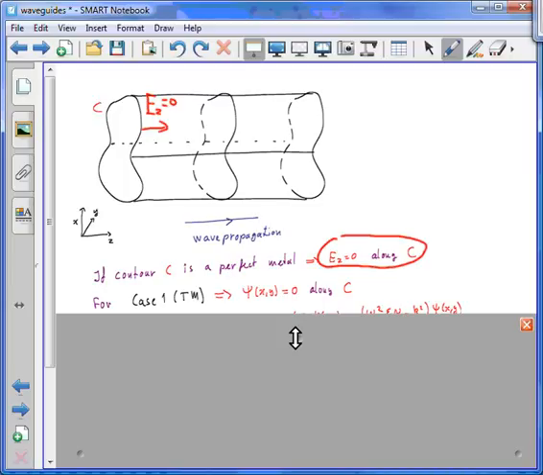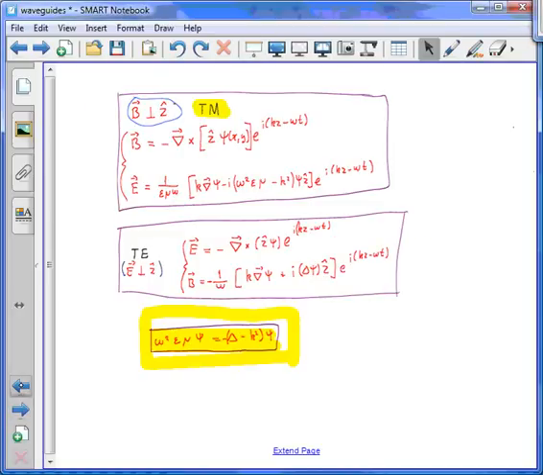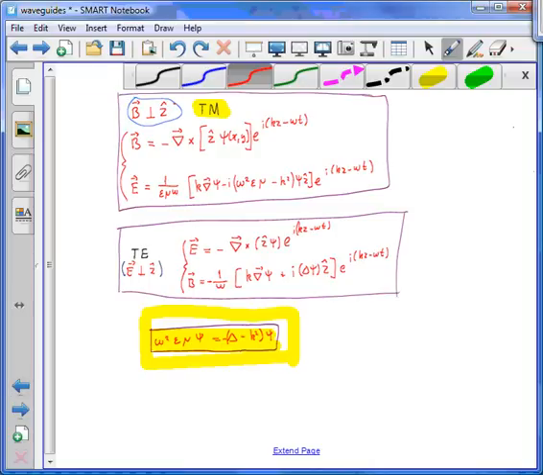And in order to get Ez equals 0 along C, we have to impose the following condition, which is psi equal to 0 along the contour. So let's go back to the expressions of C and for the TM wave. So imagine now that indeed psi is equal to 0, then what we have is that